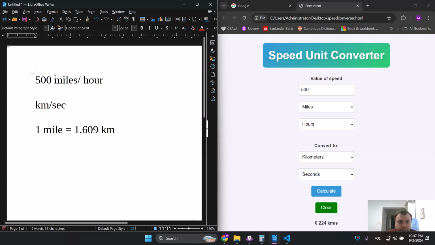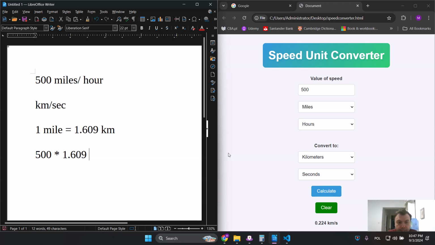So you will have to express miles in kilometers. Do you think you should divide it or multiply it? We should of course multiply it because the value increases. Kilometer is smaller, so there will be more kilometers than miles, of course. So 500 times